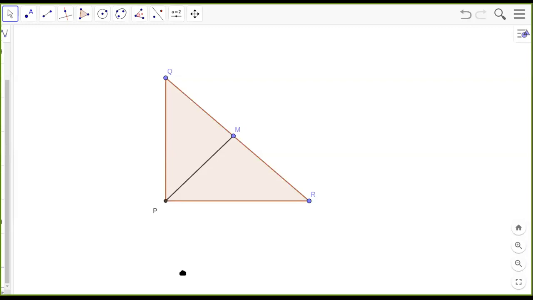Now, why did I suddenly go to areas of similar triangles? Because I'm talking about some square there. Can you see that? So that is the clue that I have to use, the areas of similar triangles. And that is why I started with showing that these two triangles are similar. So areas will work only when the triangles are similar. So this is one equation that I have got.